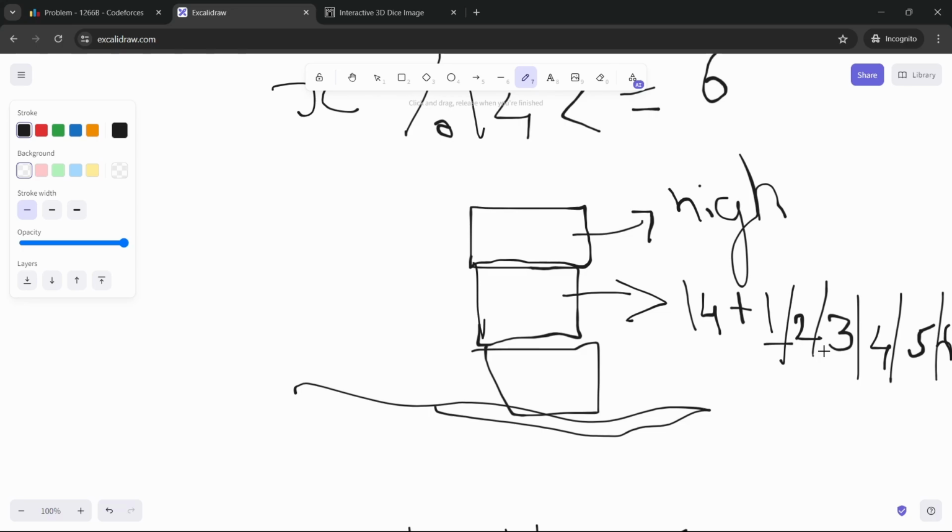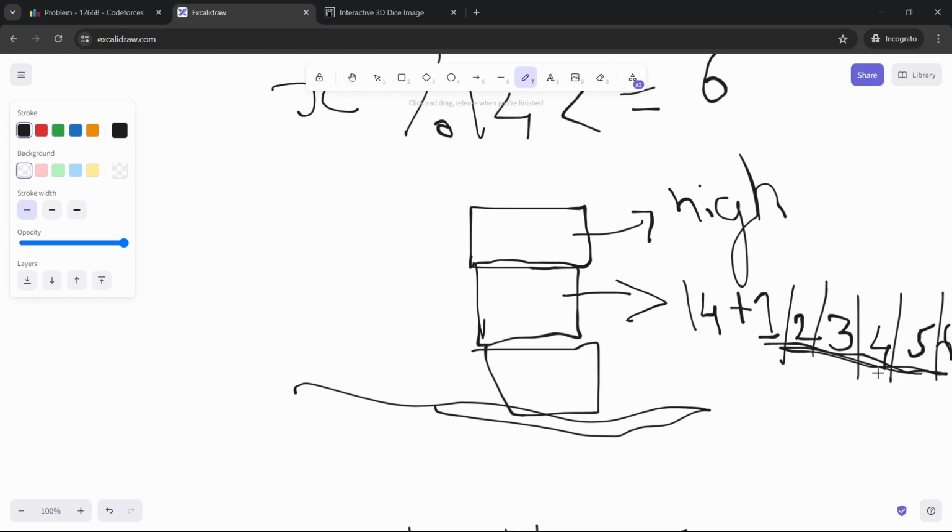We can get 6 extra numbers from this die if we remove the top one. Why? Because this die will not remain a sandwiched die. The moment the top die gets removed, this die will not remain a sandwiched die anymore, and since it will not remain a sandwiched die, it can give us